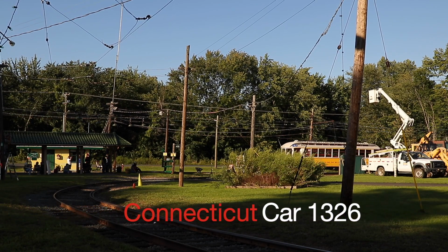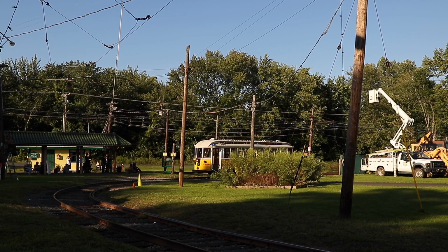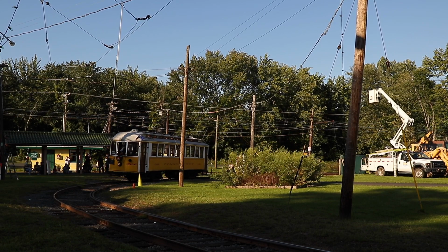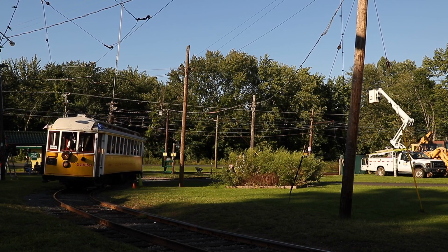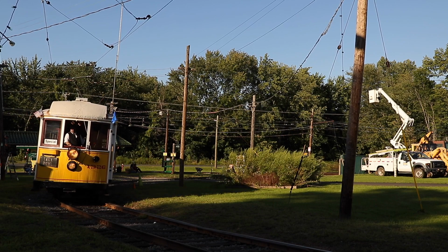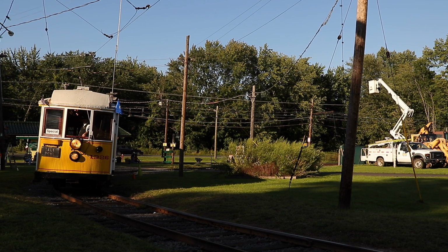Car number 1326 is now arriving. This car was originally numbered number 550 and was renumbered to number 1326 on August 5th of 1915. This car was built in 1910 by the Osgood Bradley Company of Worcester, Massachusetts as a 30-foot closed wooden car with side seating. Operating on standard